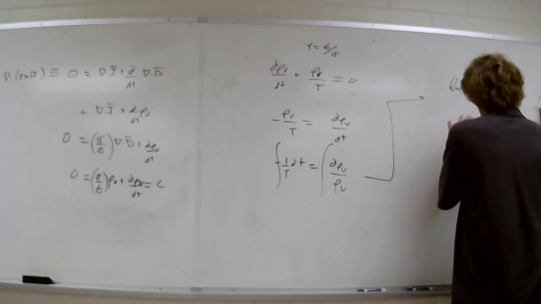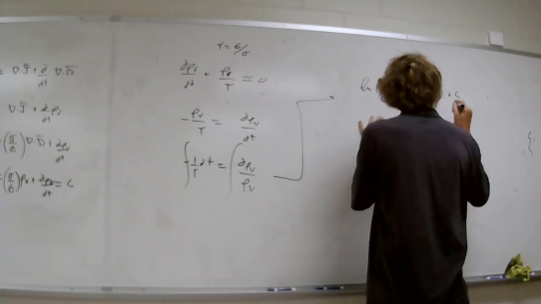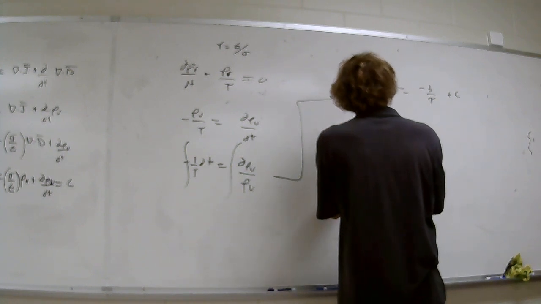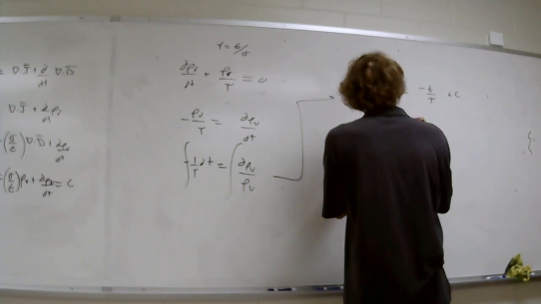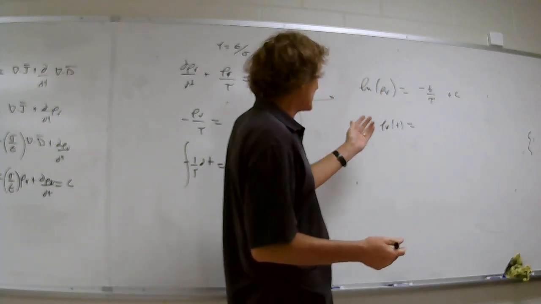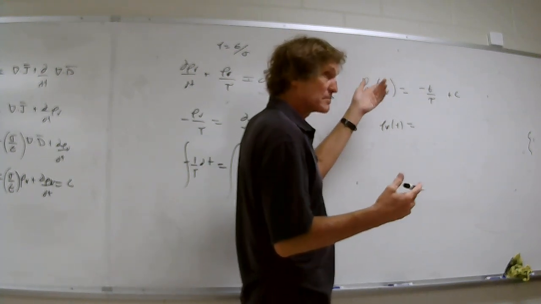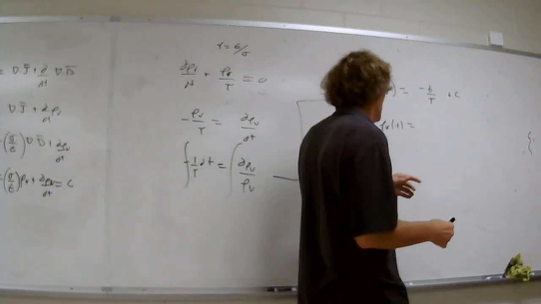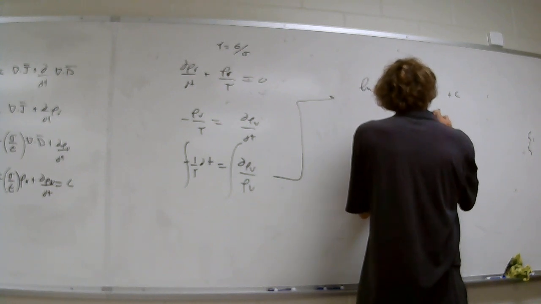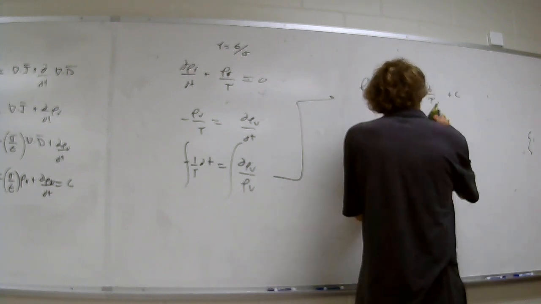You can add a constant if you want right there, but it doesn't really matter. Since this is natural log, take e to this power, and e to the natural log of rho is just rho, pardon me, equal to e to the minus t over tau